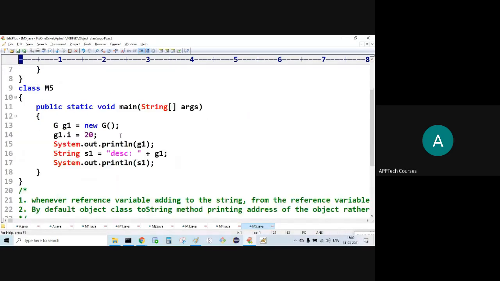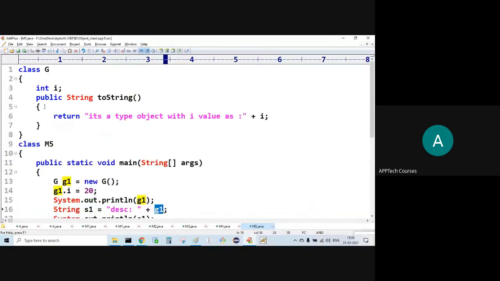Observe here. This is a string. This is the reference. Whenever a reference variable is added to a string, from the reference variable it is going to call the toString method.